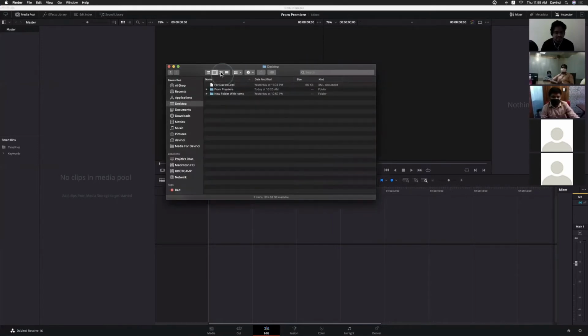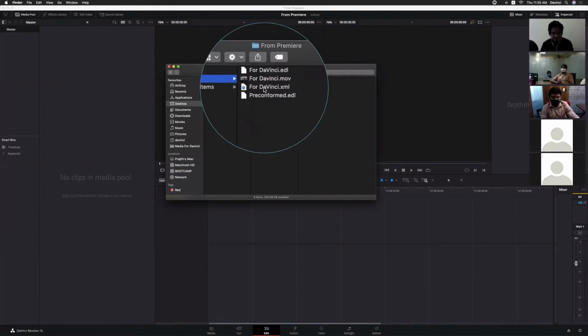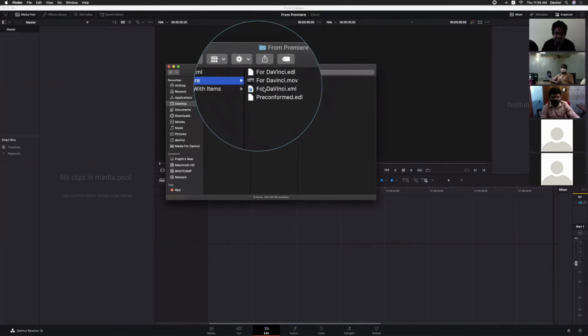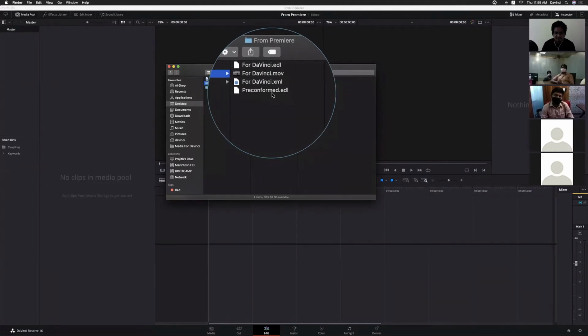I have created both XML as well as EDLs from Premiere itself, from my other machine, my MacBook Pro. So I created one EDL, I created XML, as well as one more thing called a pre-confirmed EDL.